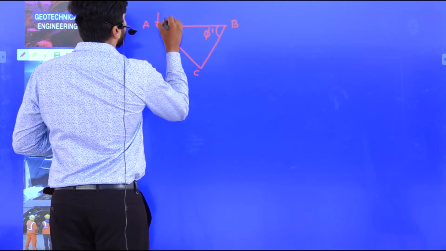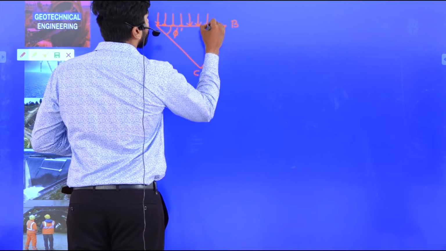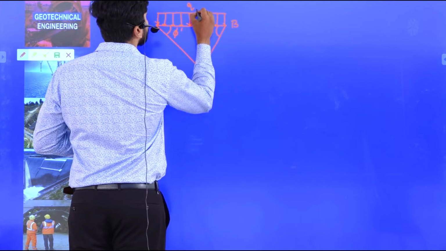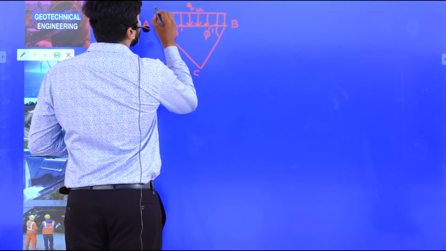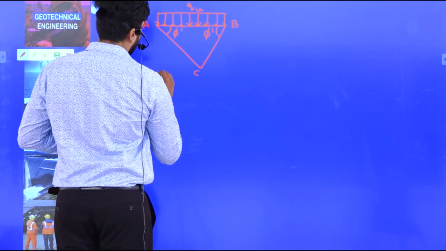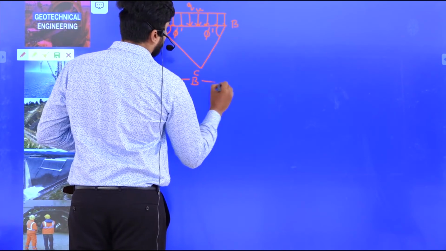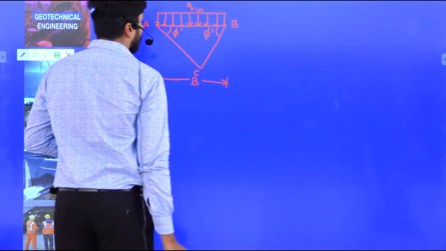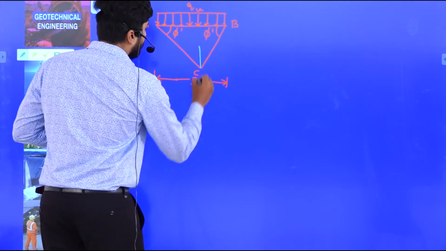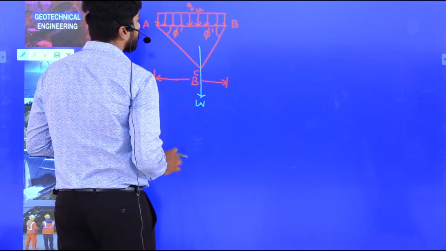Let us say that QU is coming onto this particular type of soil. This is uniformly distributed, this is QU, and let B be the width, so the width be capital B. So B is the width of this particular wedge. Now, let W be the self weight of this particular wedge alone, and